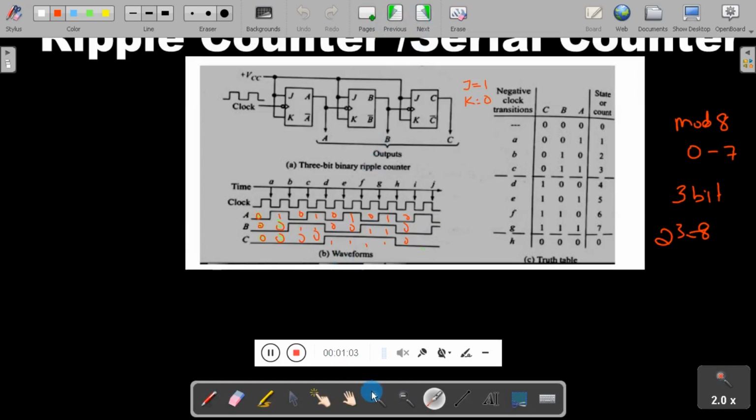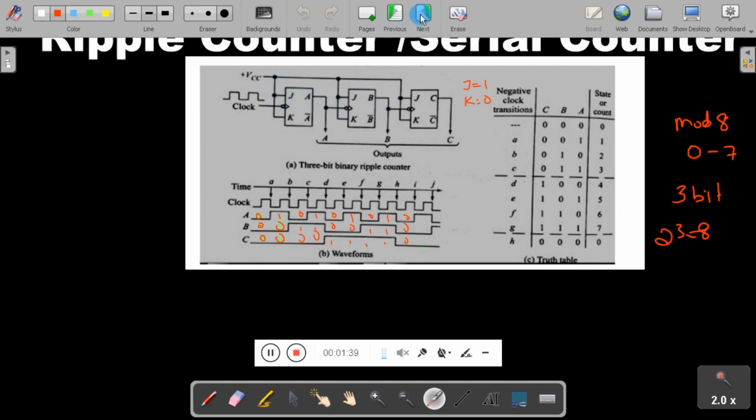Yeah, here you can see, this one I have explained in the previous class session. Initially the clock will drive the first flip-flop. The output of the first, whether it is a positive output or negative output, depending on the up counter or down counter, will drive the second. The output of the second will drive the third. That means you are going to give the clock to the first. Other than that, J and K of all flip-flops are tied to VCC.